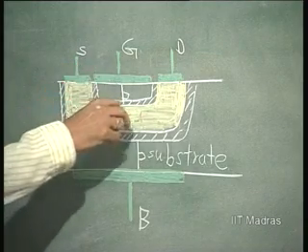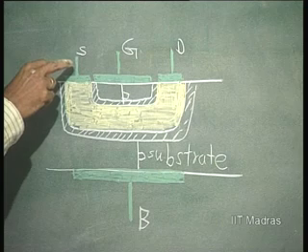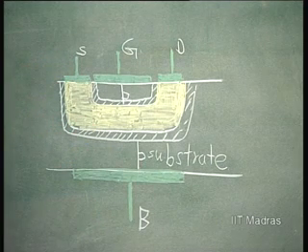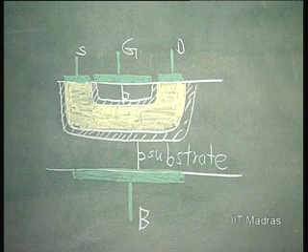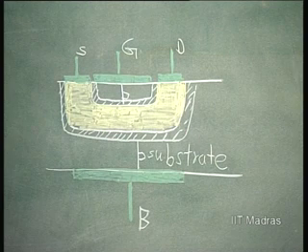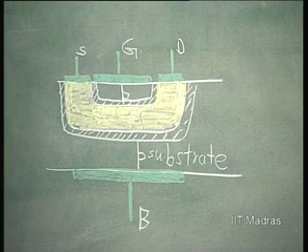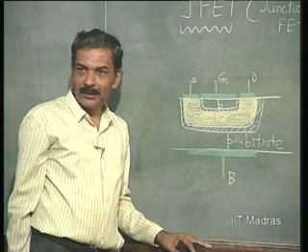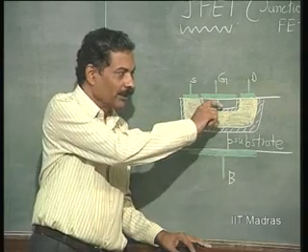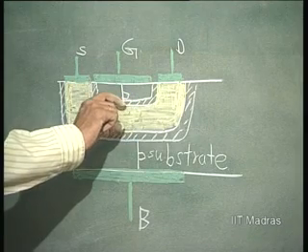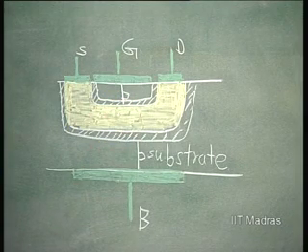This is the N channel. It is already linked. Source and drain are already connected. So, this type of FET is called depletion type of FET, because there is already a channel. You can close it only by depleting carriers, or actually extending the depletion region further into the channel. Right.